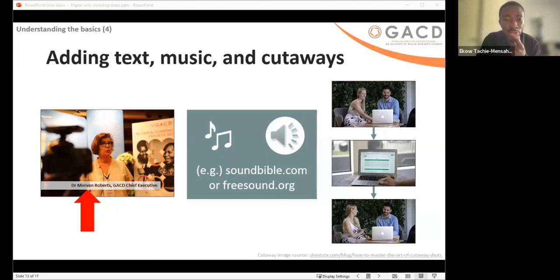And once you add text, you can also add music if you want. And the tricky thing about music is you don't want it to be too loud so that it takes away the purpose of the video, the message you're trying to communicate. So ensure that as you add music, let the music be a bit faint, because the music in the video is like a background melody. It's the sound that adds the emotion and atmosphere to your video.